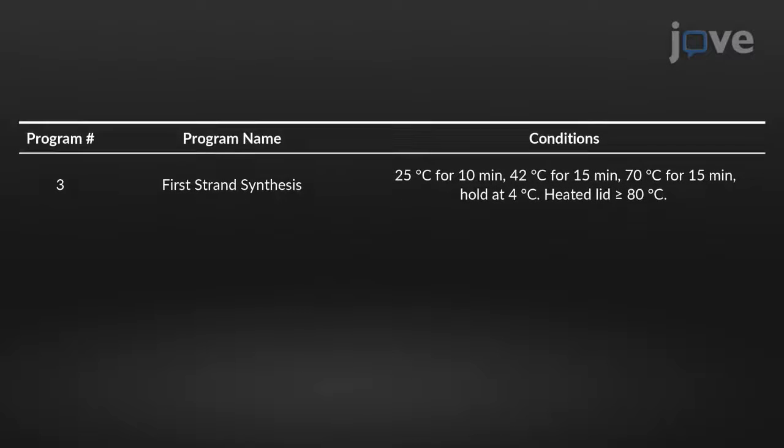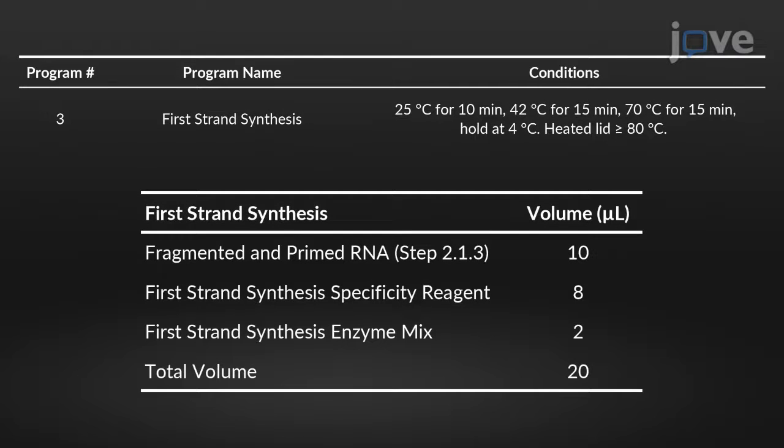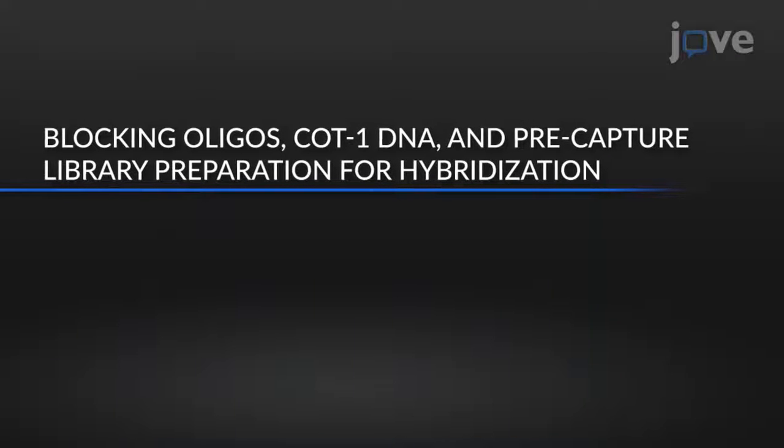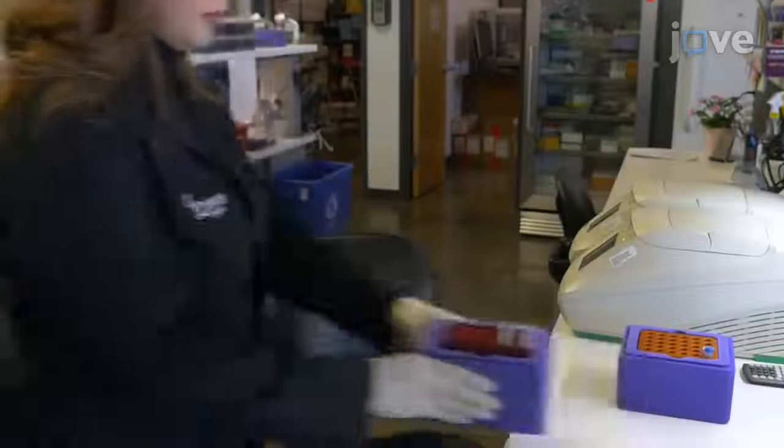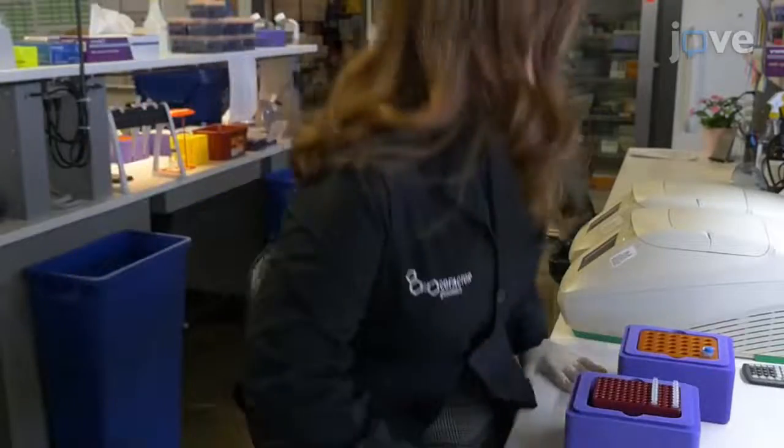the table. For high-quality intact RNA, assemble the first strand synthesis reaction on ice in a nuclease-free PCR tube as outlined in the tables. To begin this procedure, mix 200 nanograms of the barcoded